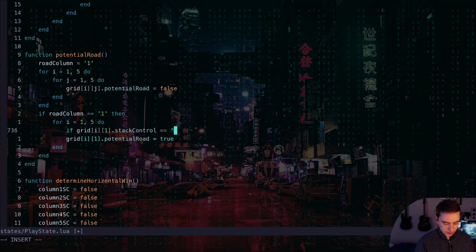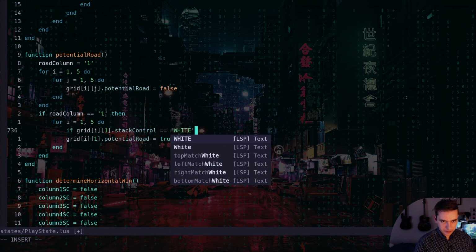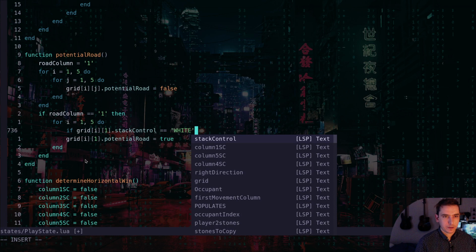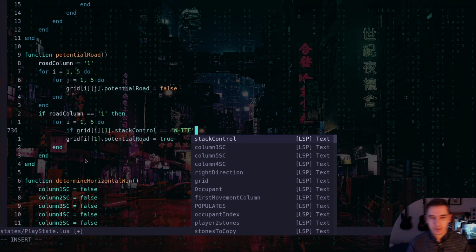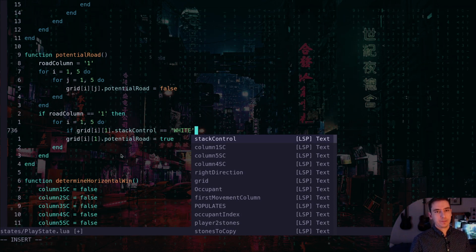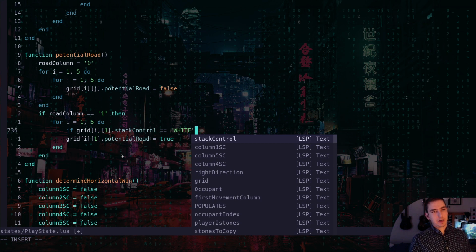We need to also nest this into players at some point so we can detect both player wins, but that depends on the player, so